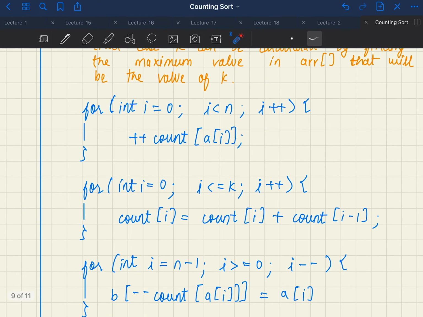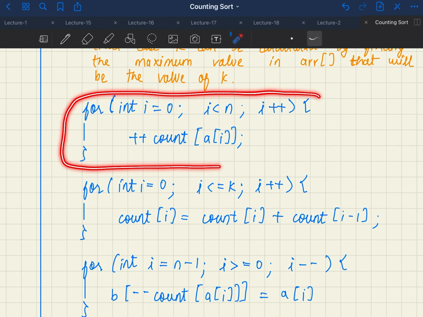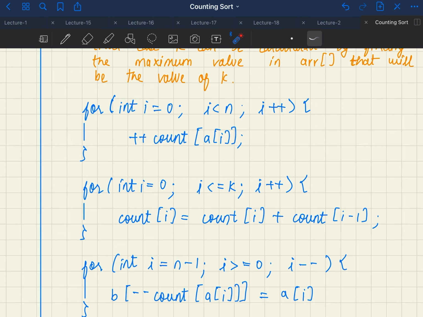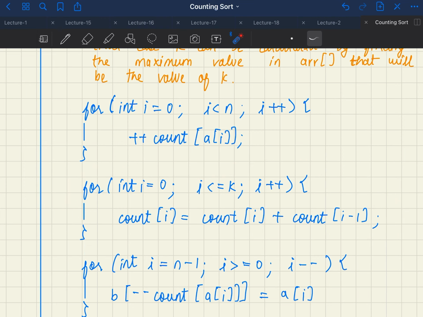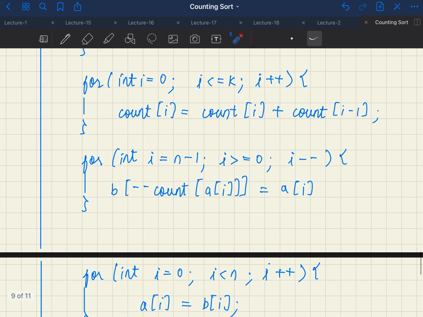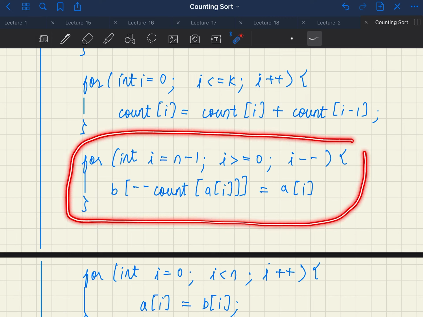So by this we will be constructing the count array by iterating from 0 to n minus 1 and counting the frequency of each and every repeating element. Then we will be calculating the updated array, which is basically the prefix sum array of count array. Then after this is the most important for loop.